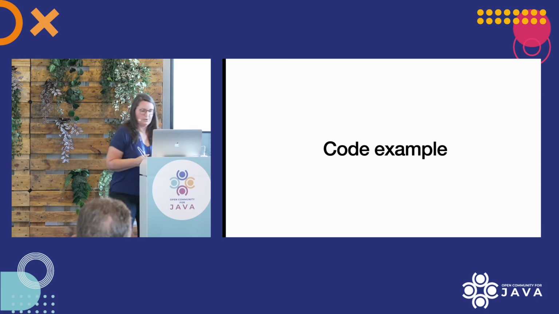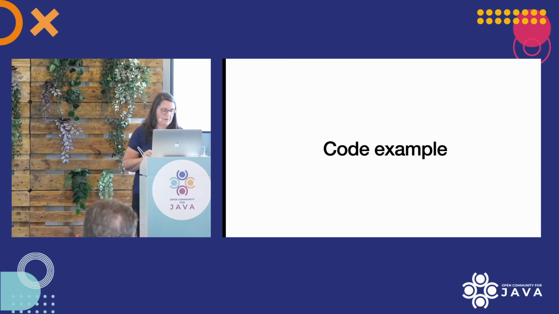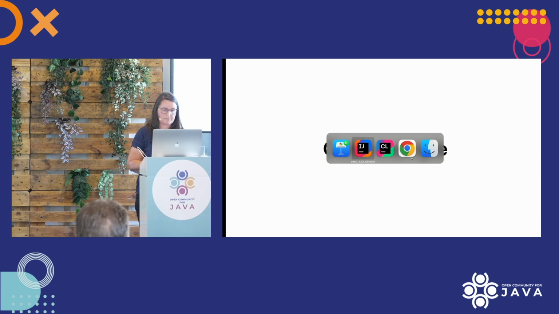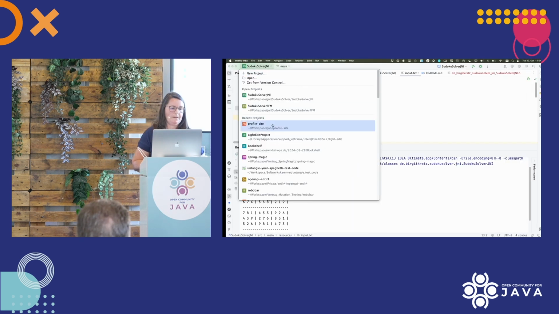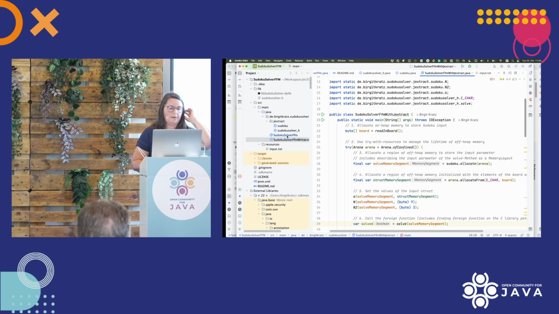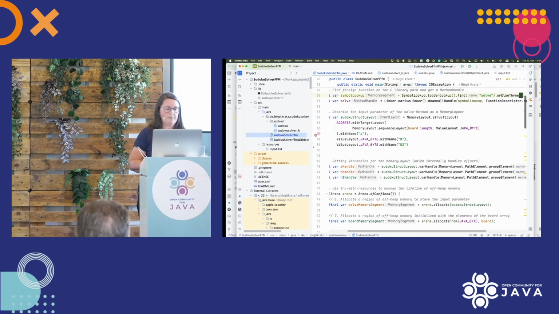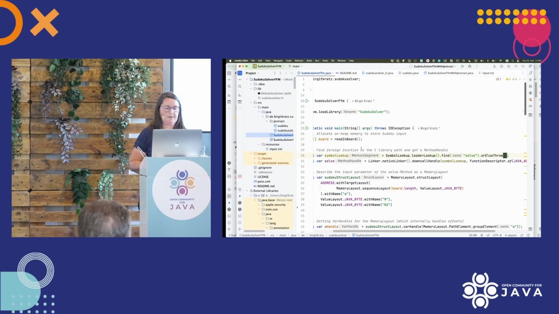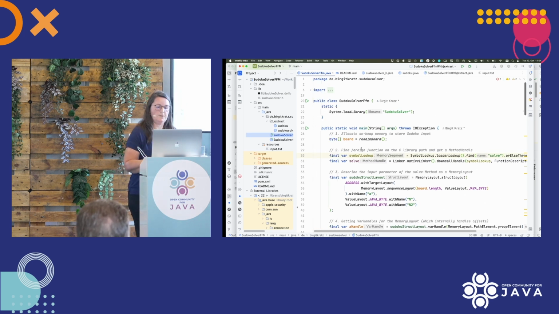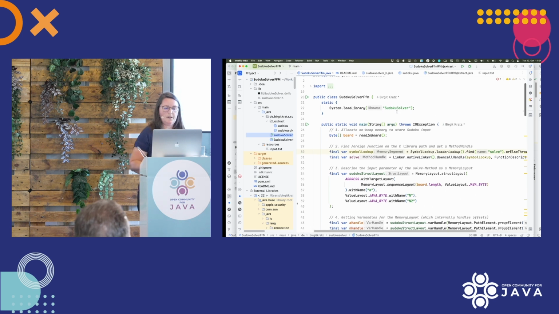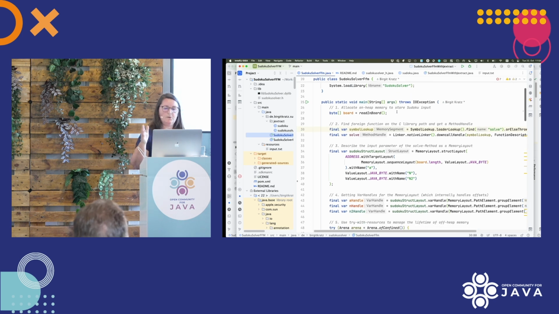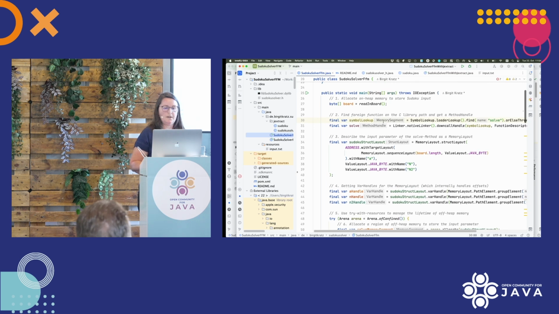So I can show you this example too. We still have the same Sudoku library. And now we implemented a call based on the foreign function memory API. So here I load the library for the Sudoku solver, and then I read in my board I want to have solved, and then I create